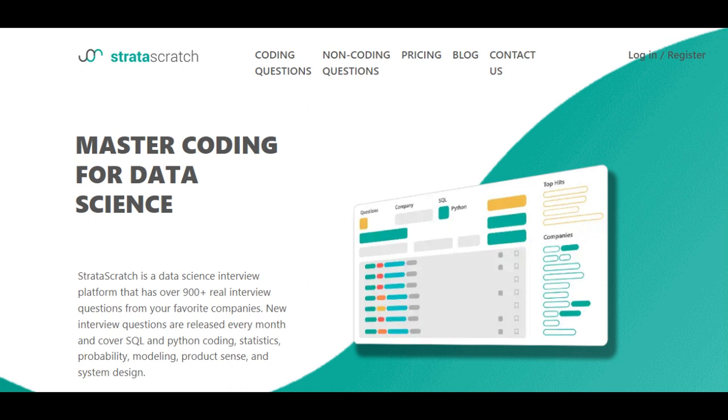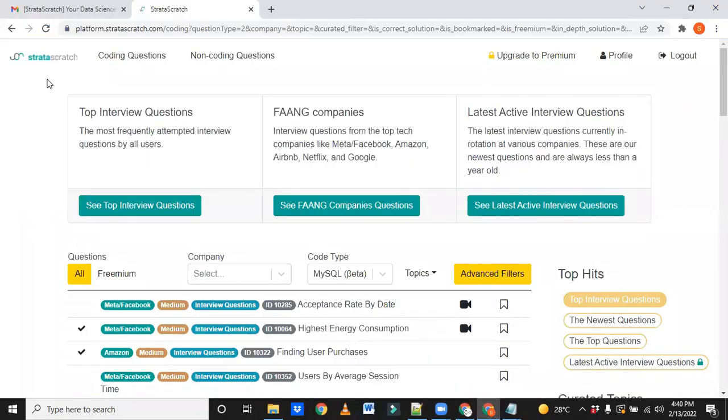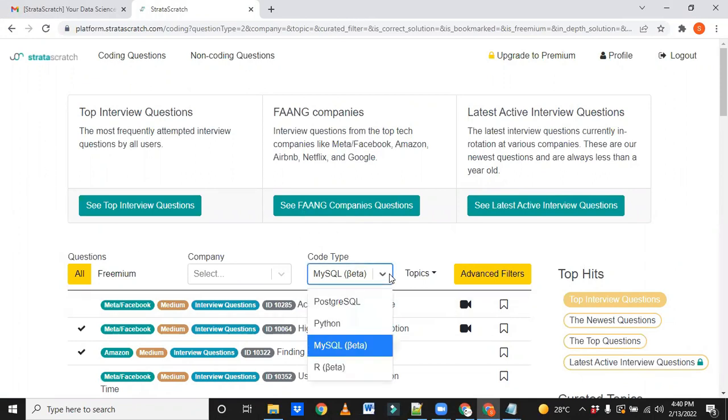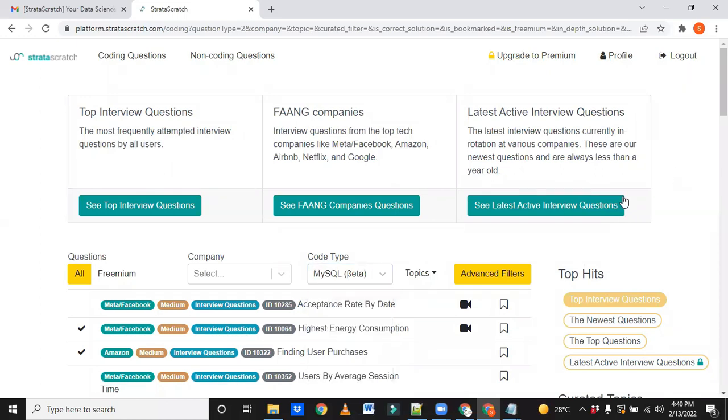There is a website available, StrataScratch. There we can find solved or unsolved questions and answers, with types like PostgreSQL, Python, MySQL, R. We can use this website, because if you want to do it on your own, first of all you have to select a question or use case.